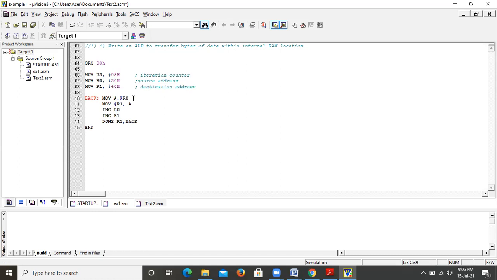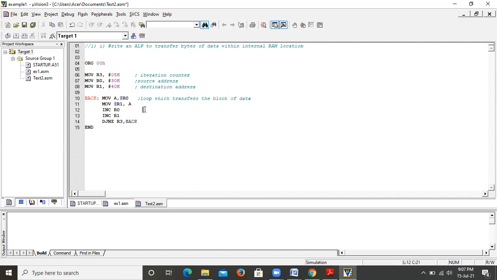Then this module or this loop will tell us how the block of data will be transferred. So it is the loop which will transfer the block of data. The first instruction is MOV A, @R0.